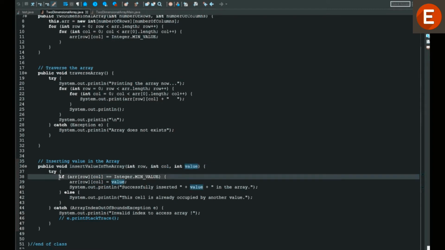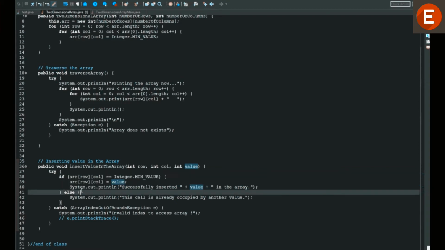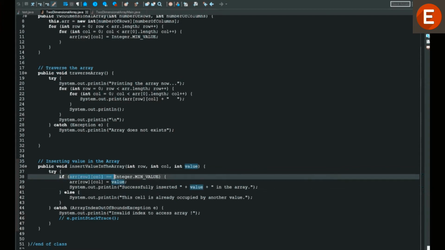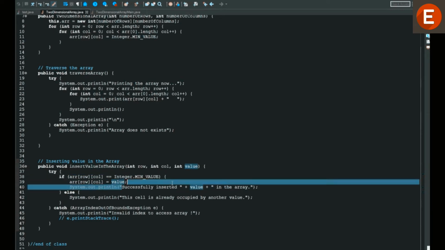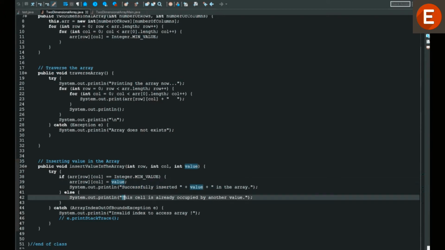In the if condition we are checking if the cell value is equal to the minimum value, that is, that cell has never been used and has the default value, so we can assume that the cell is blank. In that case we insert our desired value in that cell and print that it was successfully inserted in the array. Else we say that this cell is already occupied by another value.